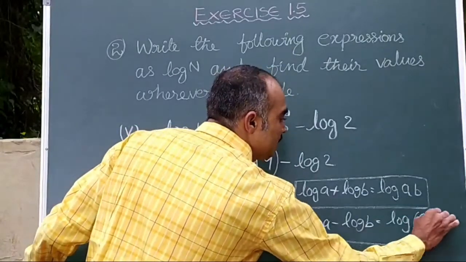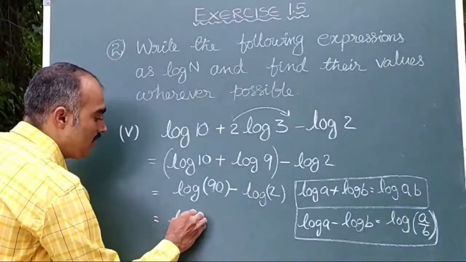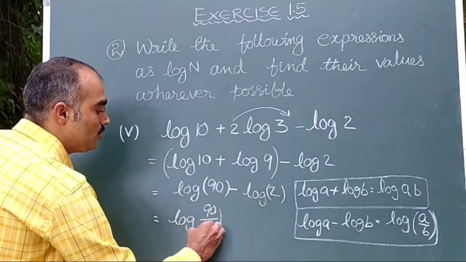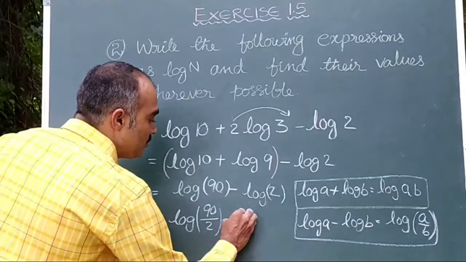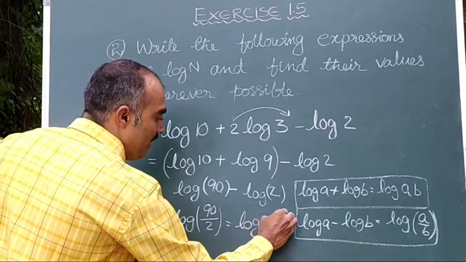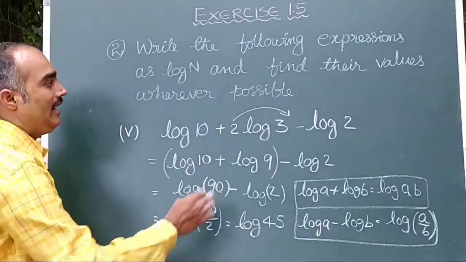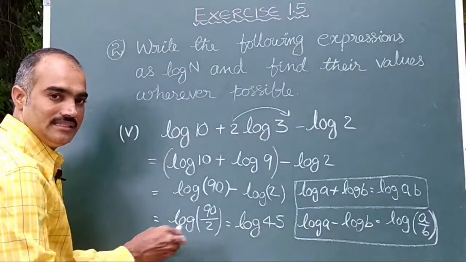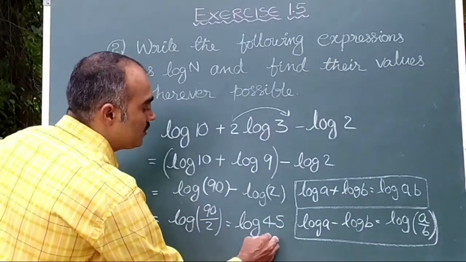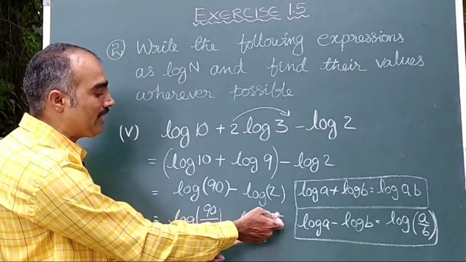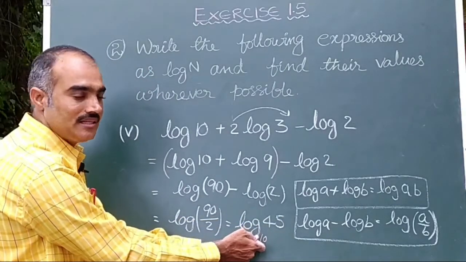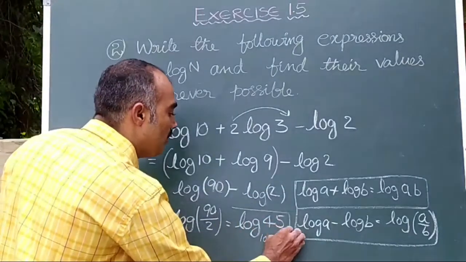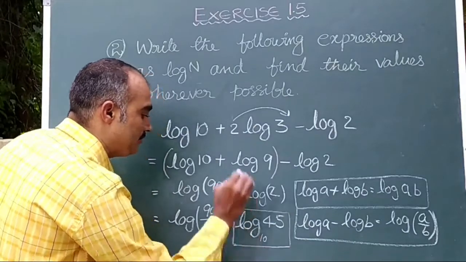So, we apply this formula here. So, it is log A, meaning 90, by B, meaning by 2. So, 90 by 2 is 45. So, it is log 45. So, the first part is over, and here, as usual, find the values whenever it is possible. See here, if nothing else is there, I told you we can write it as power of 10. But 45 can't be expressed as 10 power something. So, for this problem, this is the last step.